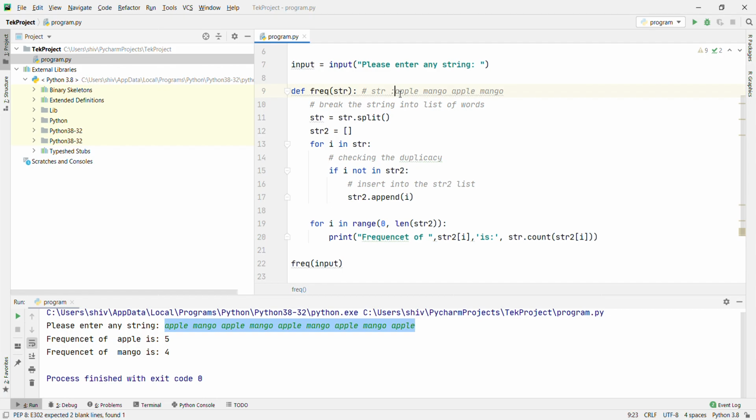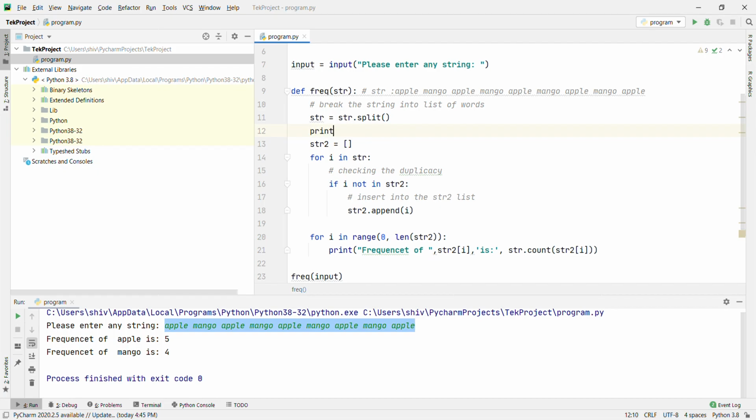Now this is going to split, right? This apple mango is going to split into a list. In the str, all the values apple mango till here come as a list. If you print here, it will come as a list.